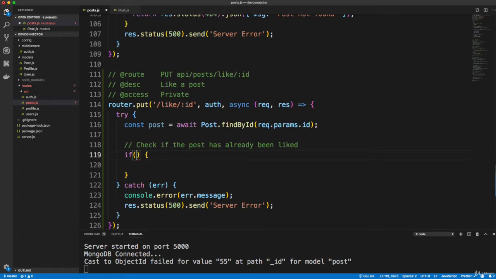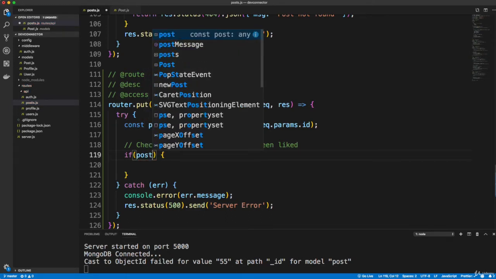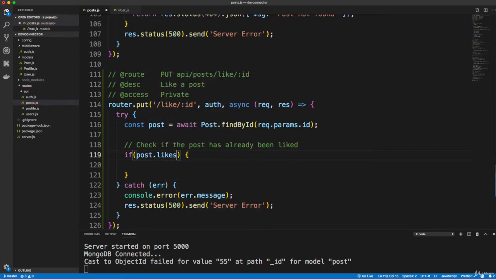So we're going to say if the post that we just got, likes, which is an array, filter, because we can filter through. And filter takes in a function, and the parameter is going to be like. I'm going to make it like, and then what I want to do is compare the current iteration, the current user,